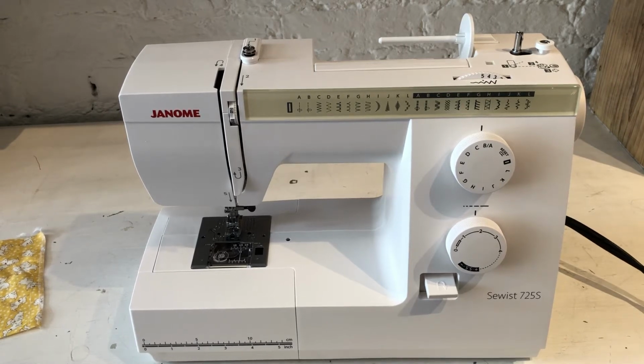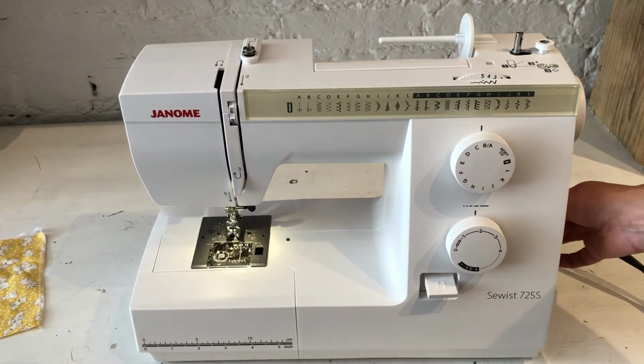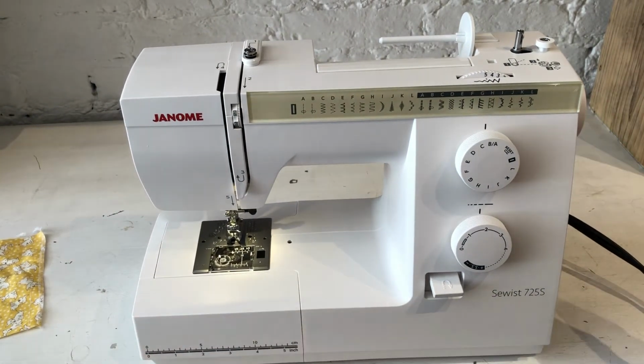Okay, this is the Janome Sewist 725S, and I'm just going to show you a few basics to get you started with sewing on this machine. So I'm just going to switch it on the side, and then I think the first thing we'll do is